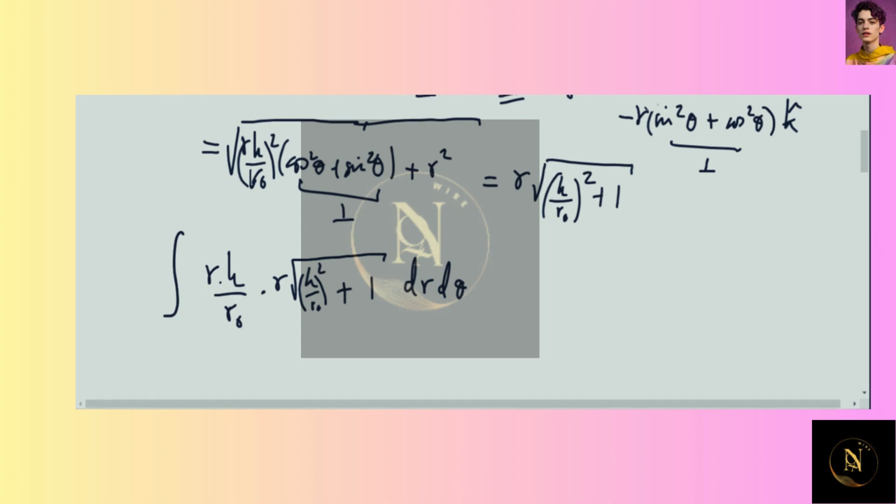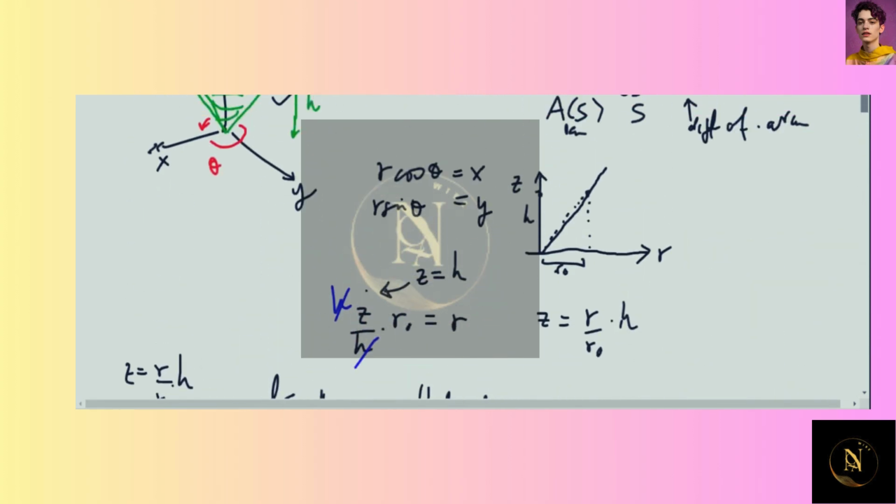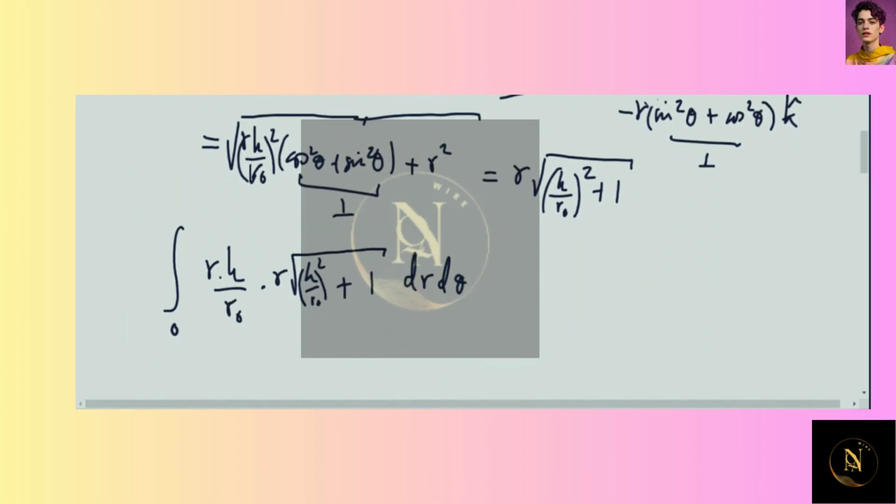So R goes from 0 up to R naught, and theta goes all the way around, 0 to 2 pi. So the integral we're going to compute, this would be just constant, so H over R naught times the square root of (H over R naught) squared plus 1, and then